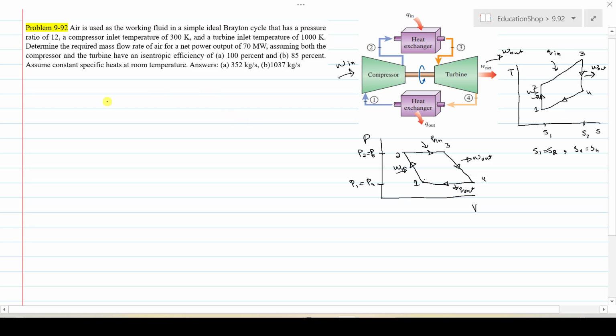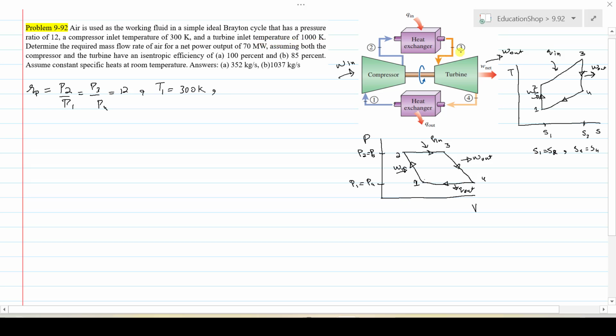Now it will be very easy to pick what kind of data in the statement is given. Just come to the statement. The pressure ratio is 12. The pressure ratio is denoted by rp, and it is the higher pressure divided by the lower pressure, P2 divided by P1, and it is also equal to P3 divided by P4, which is equal to 12. That's why I'm saying that before starting the problem, you must be familiar with the concept of TS and PV diagrams, so you can clearly pick what kind of data is given to you. The inlet temperature T1 is 300 Kelvin,